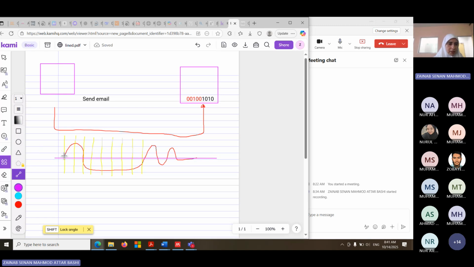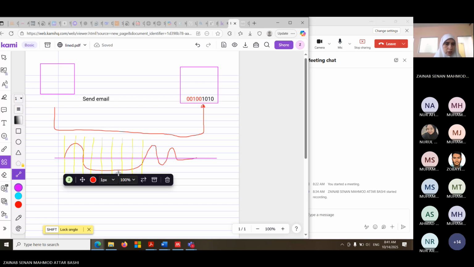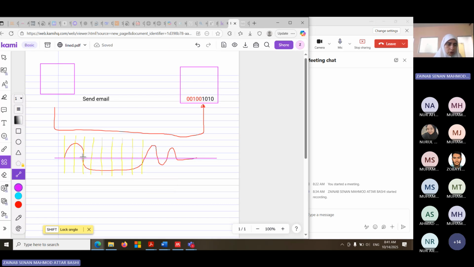Some of them say if there's any voltage, positive or negative, that's a 1. If it's 0, that's a 0. So the thing is, if the devices don't agree upon how to read the signal, we don't have communication. There's no internet at all. Okay, so the idea here, for example, if we decide that above 0, above the line, will make it a 1.